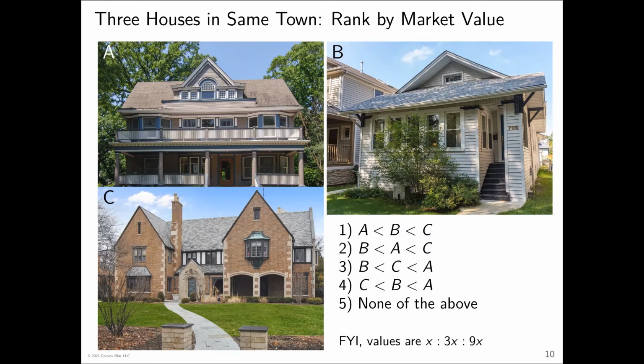So hopefully we all selected that number 2 is correct, and that B, the white upper right house, was the cheapest house. A, a pretty nice house, was the intermediate house, and then C on the lower left was the most expensive. For your reference, there's basically an order of magnitude difference between these houses: about $300,000, $900,000, and $2.7 million. And I would guess that if I prepped you for this, if I gave you maybe 15 or 20 seconds, you could have told me the answer with a very high degree of confidence.